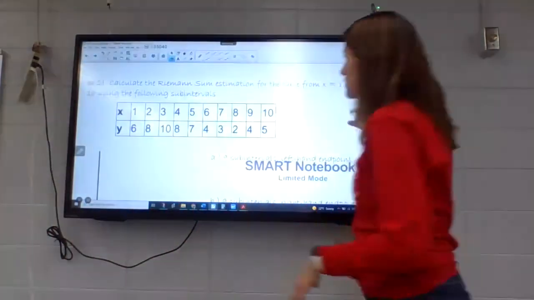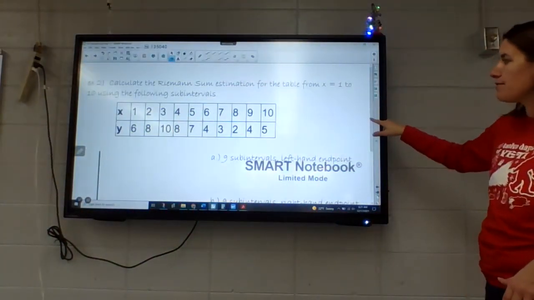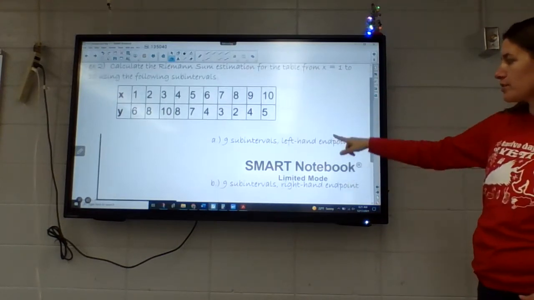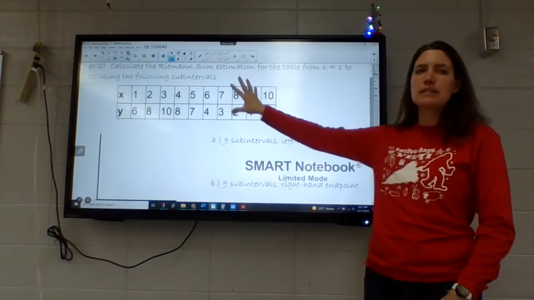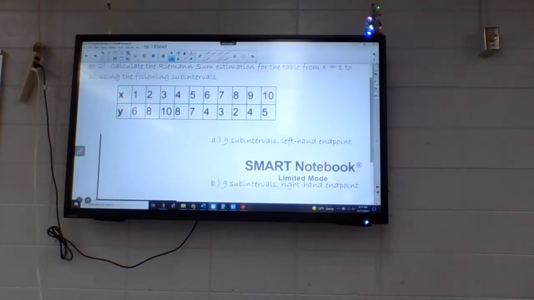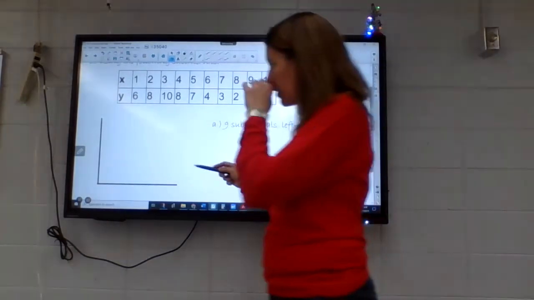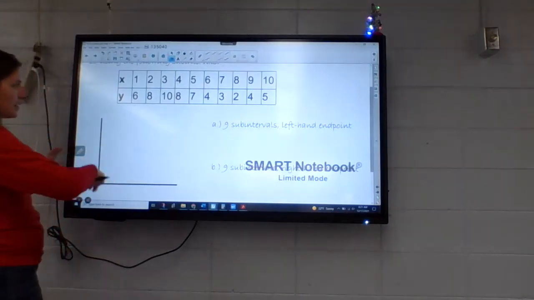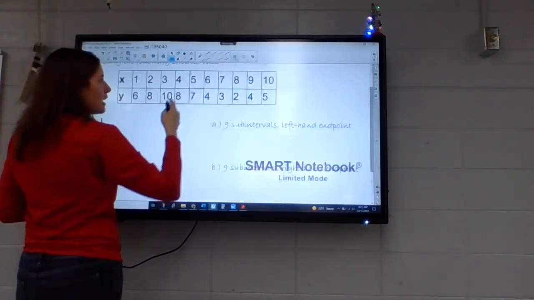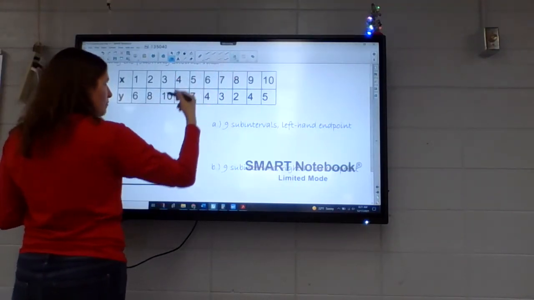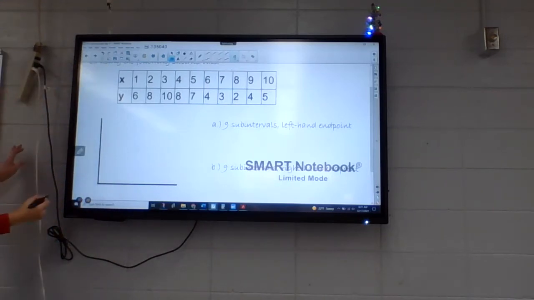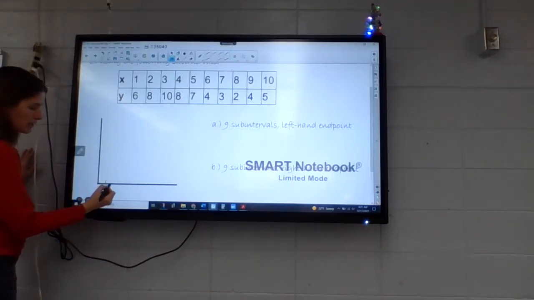So it says from 1 to 10, using the following subintervals they're going to talk about. So they gave us this data. Now on Monday, they're not going to give us the data, they're just going to give us a function. We're going to start with the data today. So I'm going to draw this on our graph here. I'm going to go from 1 to 10 and then 1 to 10 up the side. And again, if you prefer to have actual graph paper, but we don't need to be that precise, it's okay if we just